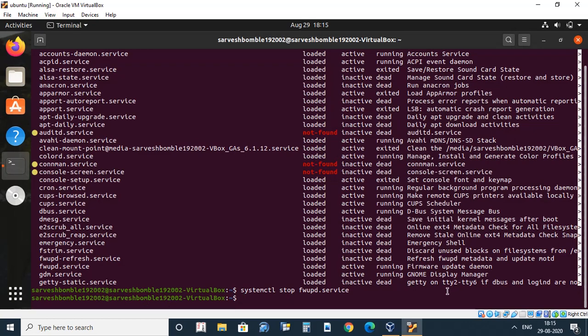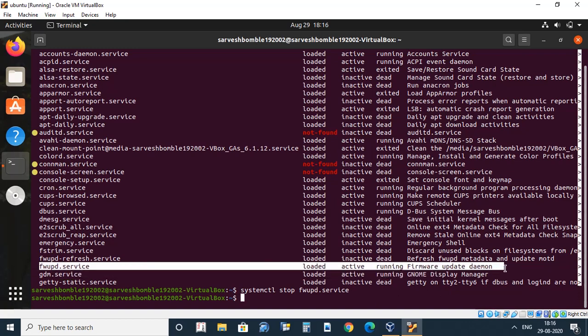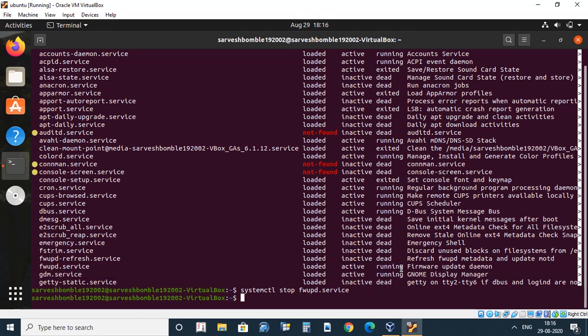So in Ubuntu, the service which is inactive, or in the stopped state, actually just disappears. So we'll again see the status of all the services, and you will find that the service which we had stopped will not be found here.